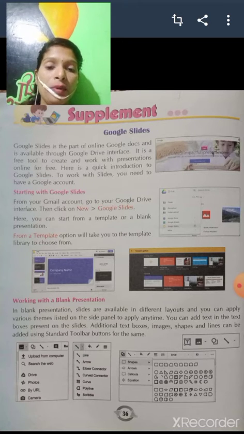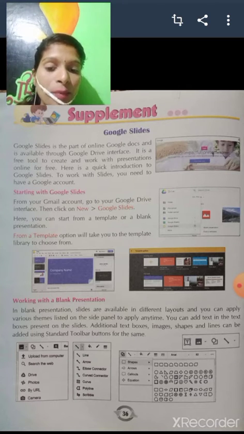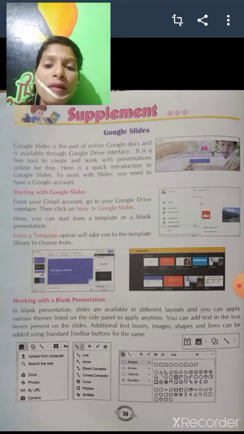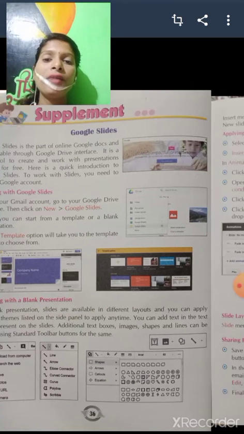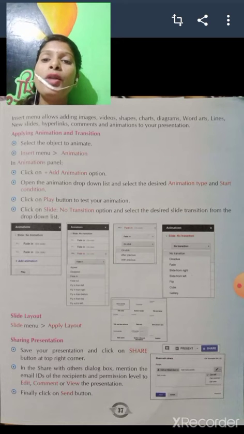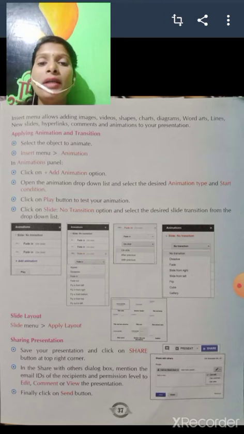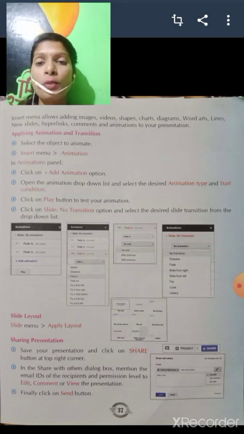You can see that many options are available: different shapes, arrows, callouts, equations, all the things are available if you work with a blank presentation. Understanding everyone? Yes. Now the Insert menu allows you to add images, videos, shapes, charts, diagrams, word art, lines, new slides, hyperlinks, comments and animation to your presentation. So these are the features and options available.